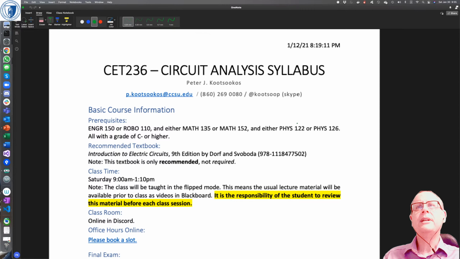There are all the prerequisites. I believe, I can't remember, I may have let somebody through without one of the prerequisites, but I think you all have them. As it says there, the textbook I'm talking about is recommended. It's not required. If you find it nice to have a textbook, that is the one I'm pulling all the notes out of. So I think that's fair to tell you that, but you don't have to have it if you find the notes that I give sufficient.